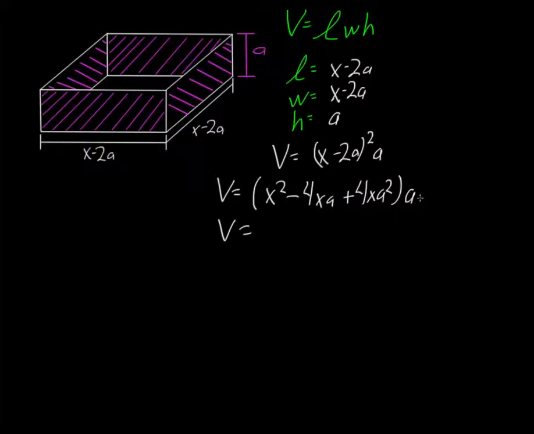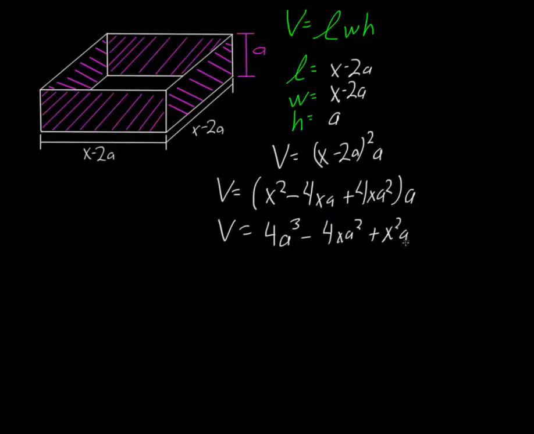We're going to arrange the a's exponents in decreasing order, just for formation's sake. And that gives us 4a cubed minus 4xa squared plus